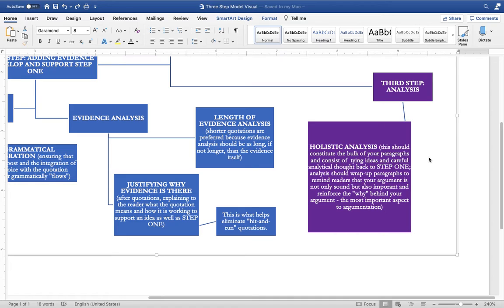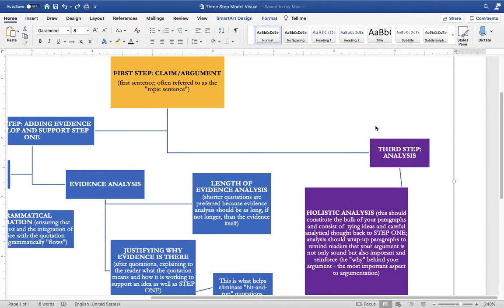So you're really thinking about your reader at that point, which is a sign of a really careful writer. Well, I should say if you're thinking about the reader, you're thinking about yourself as a writer, because that's what writers should be doing: thinking about their readers. But that's what holistic analysis is, the third step of the model, after you've done